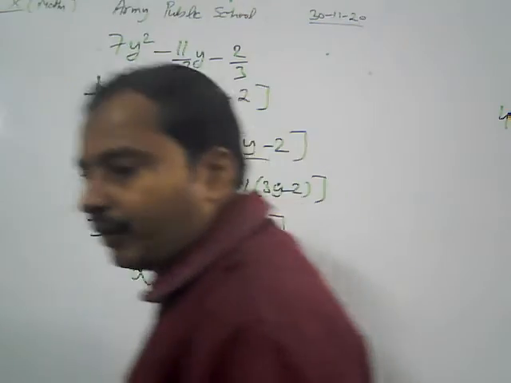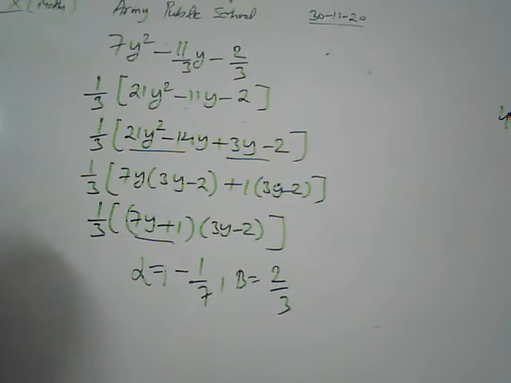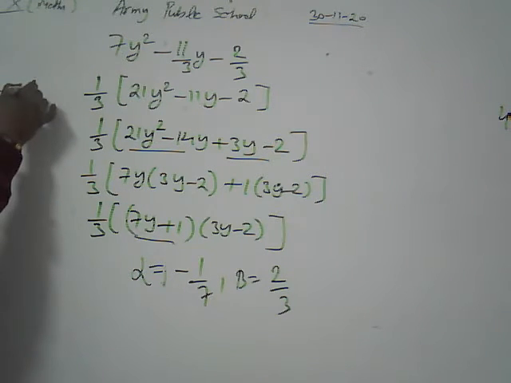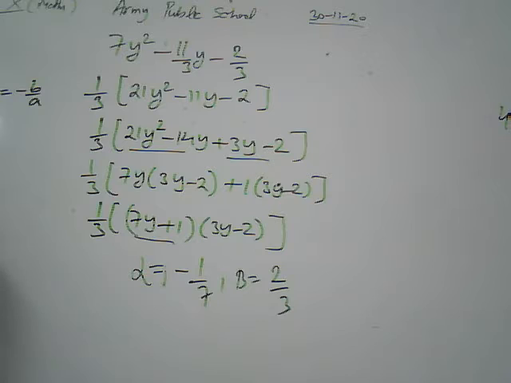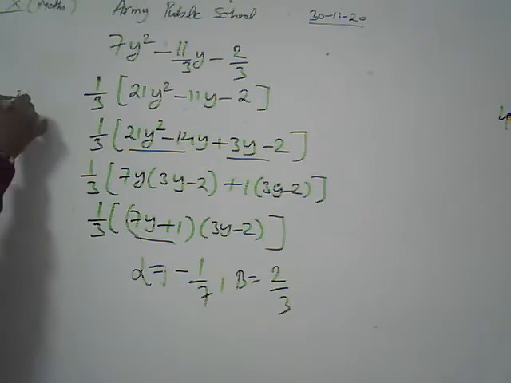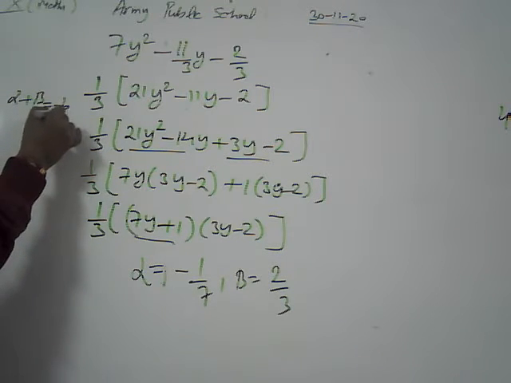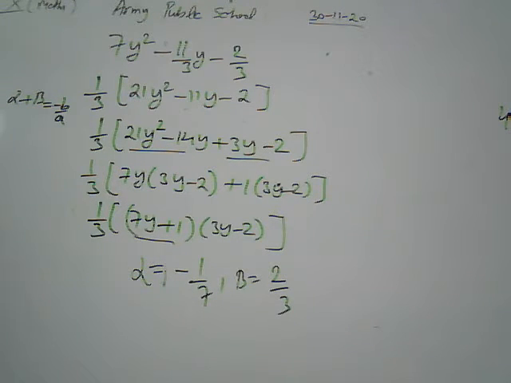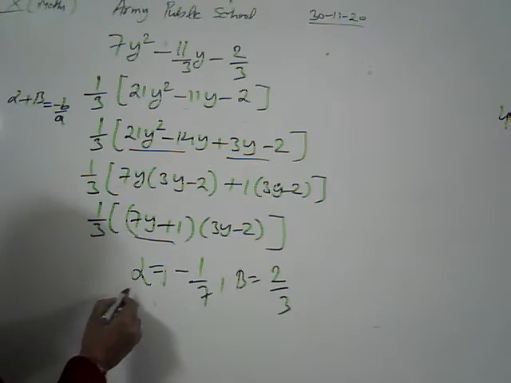Look, but what do we have to find out? We have to find out the relationship between these zeros and coefficients. Okay. Then alpha plus beta must be equal to minus b by a. We have to verify this, that alpha plus beta is equal to minus b by a. What is the sum of alpha and beta?